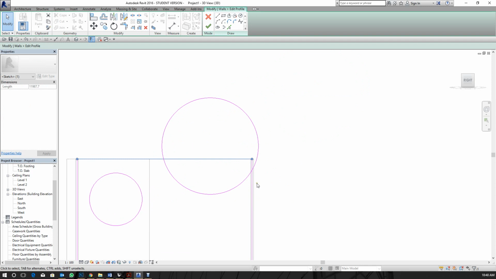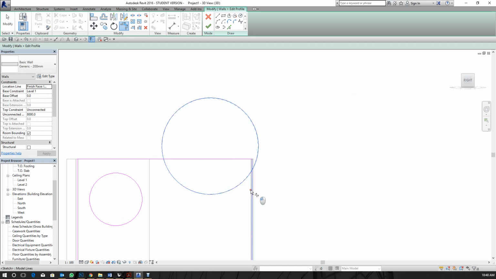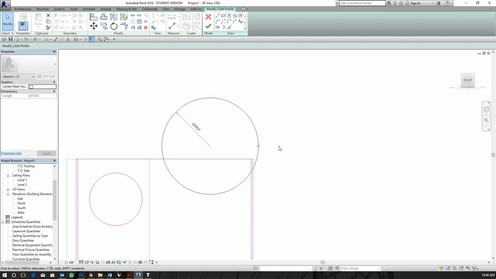In order to do that, this circle is one curve, and if I try to trim, like I just select the circle and select that, it's going to trim the line, but it's not going to trim the circle, because when you think of it, the circle is like a closed polyline. So in order for me to trim the circle successfully, I have to split the circle, I have to give the circle,